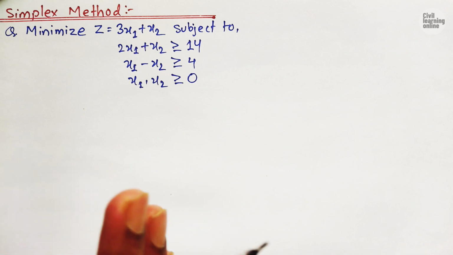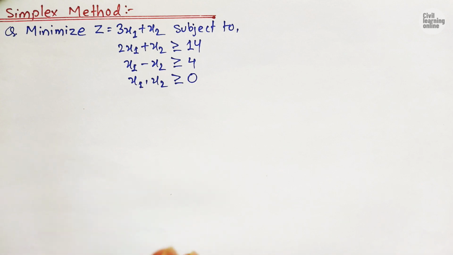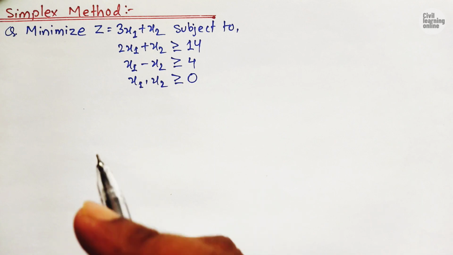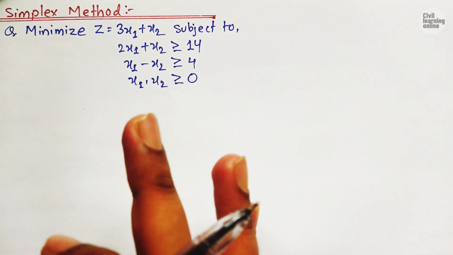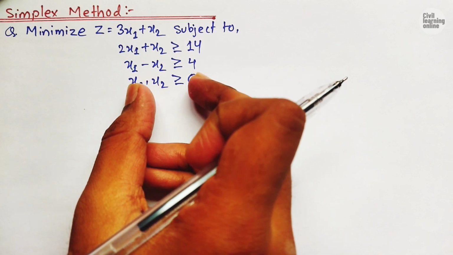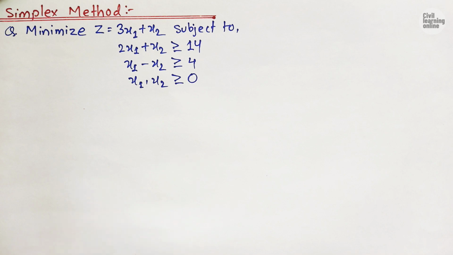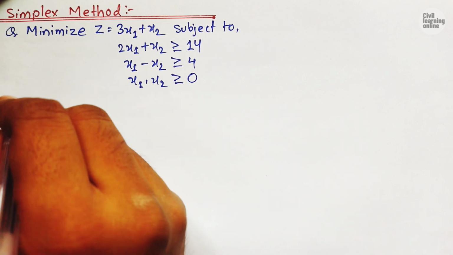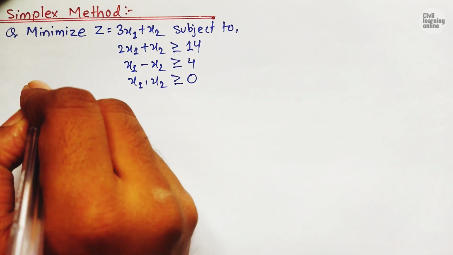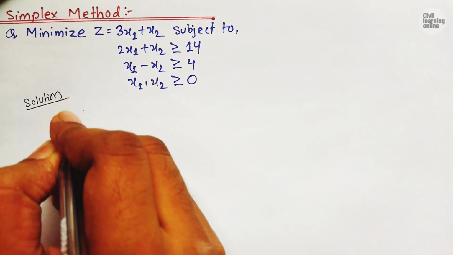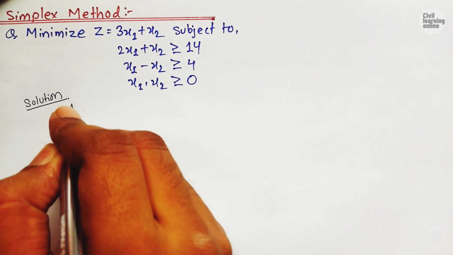So guys, the solution of a problem based upon the simplex method in which we are asked to minimize is a bit different from what we used to do in the maximization problems. Here the first step is to create the augmented matrix of the given inequalities, and then find the transpose of that matrix, and then we will solve further as we used to do in the maximization problem. So here I am going to write the solution,